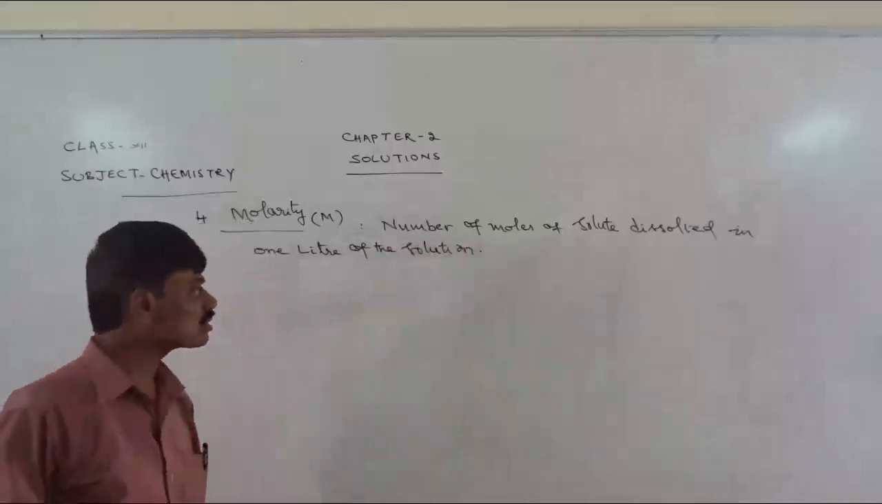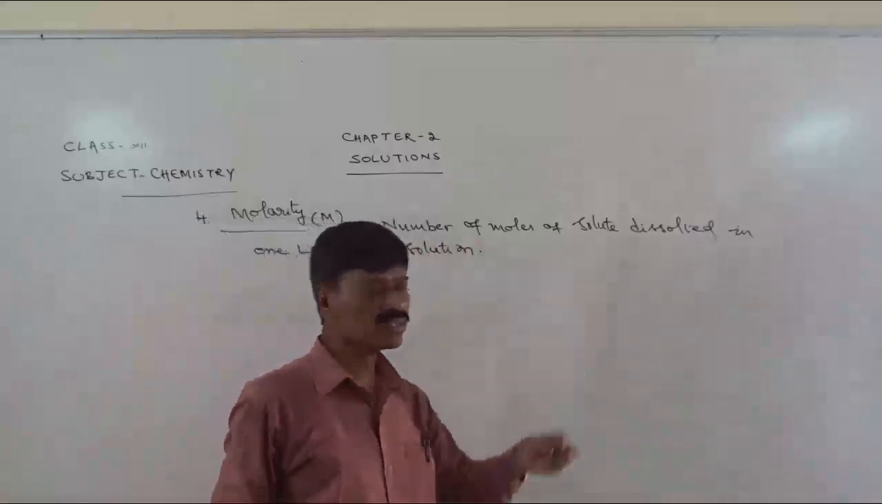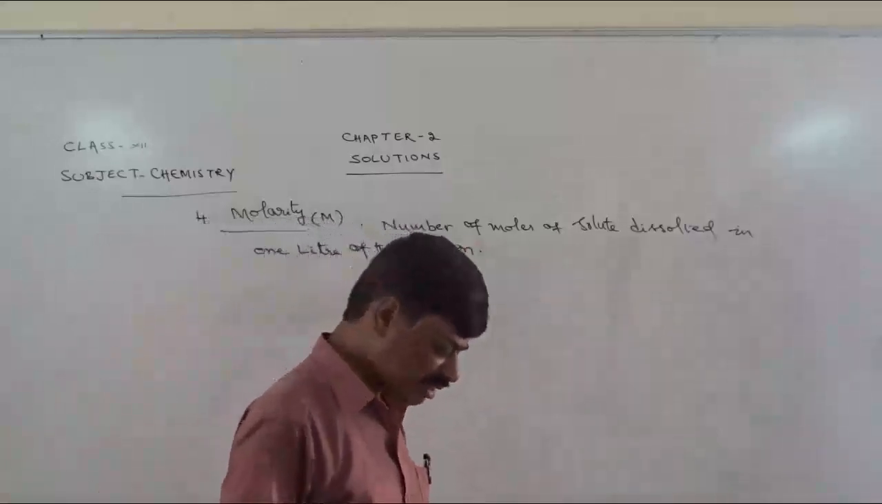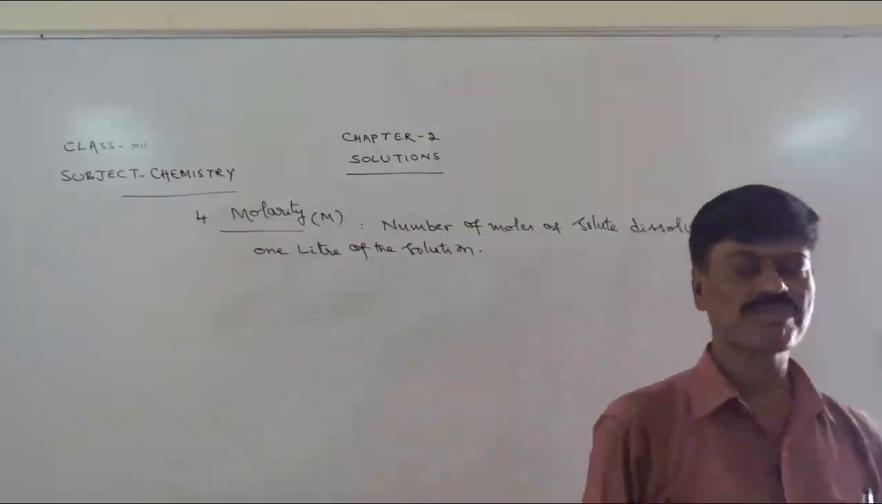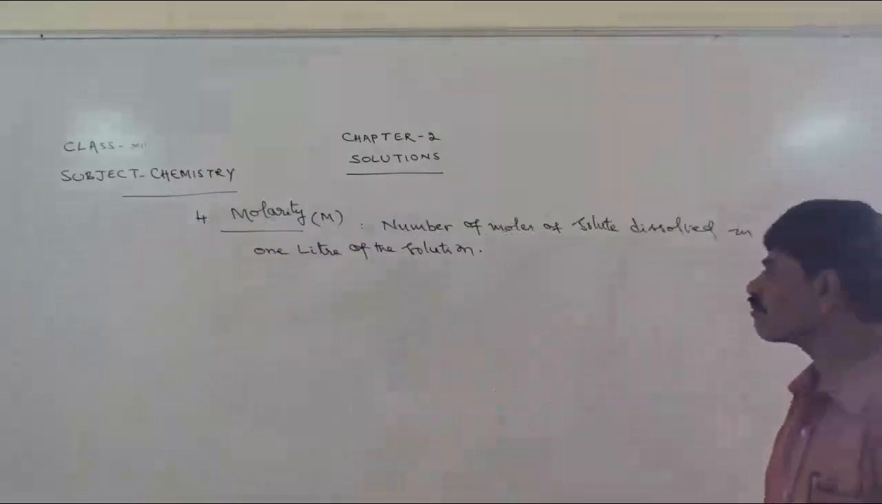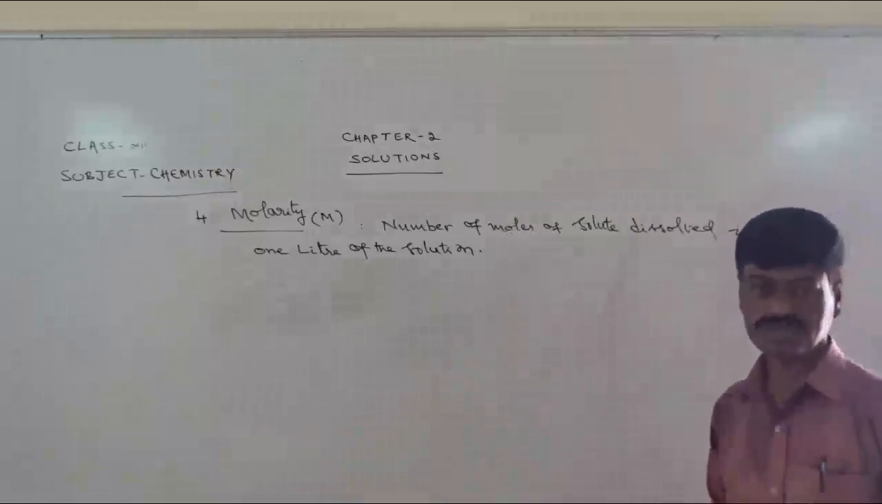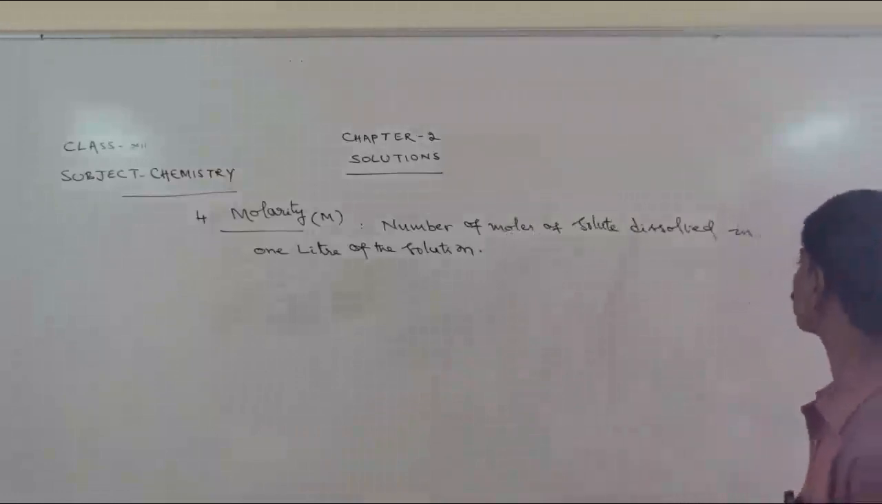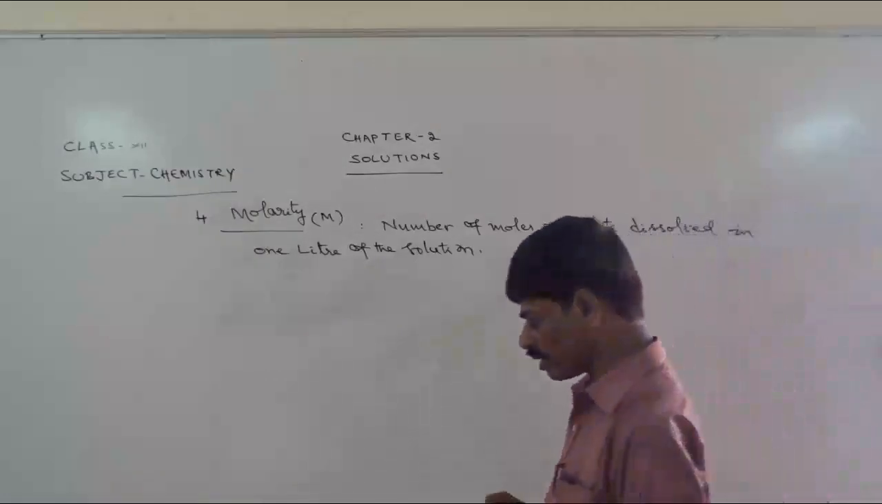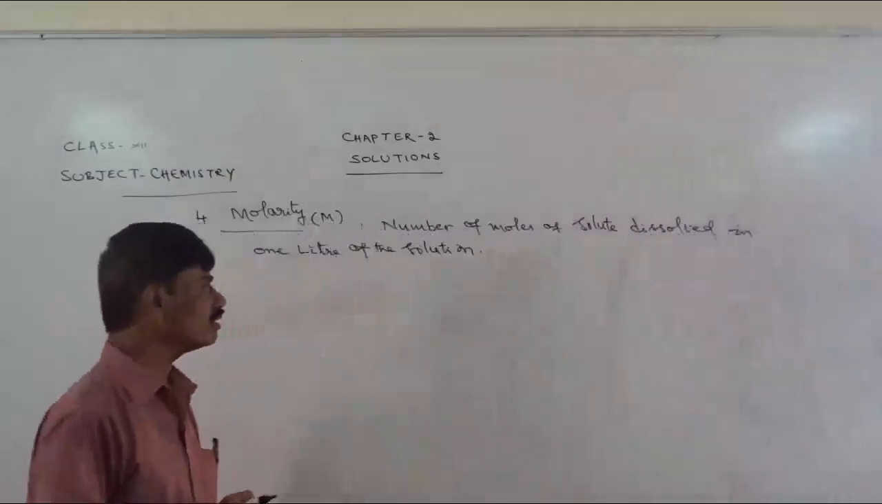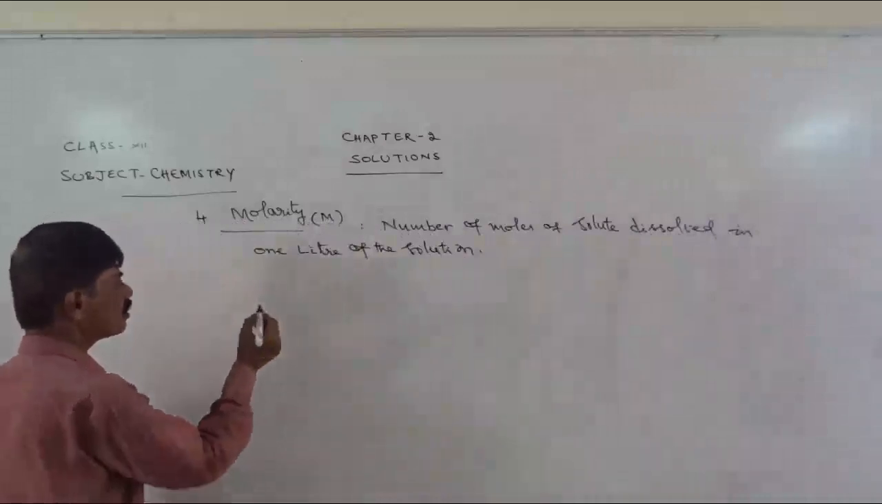This is the definition. The number of moles of solute is indicated by the letter n_B, B for solute, A for solvent, n for moles or quantity of the solute. And the volume of the solution can be taken either in milliliters or in liters. So according to the definition,